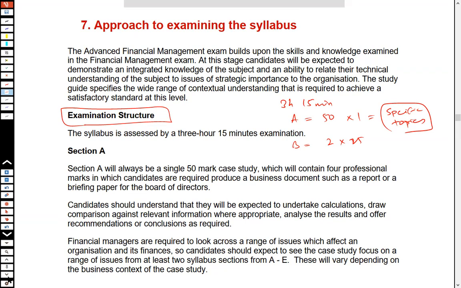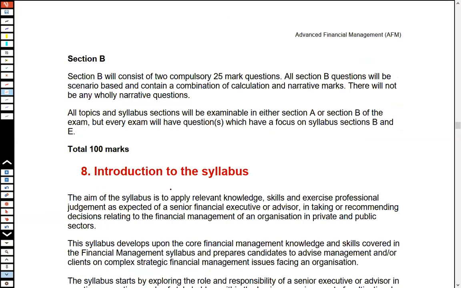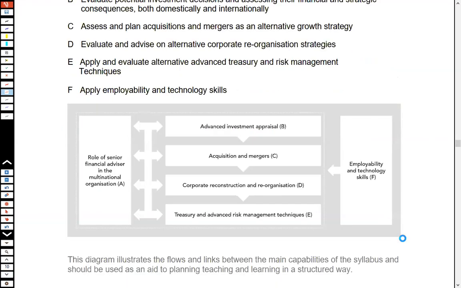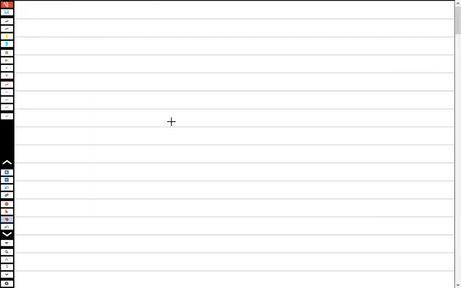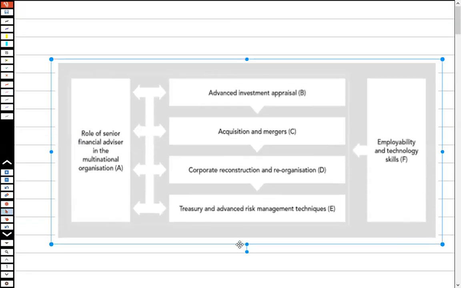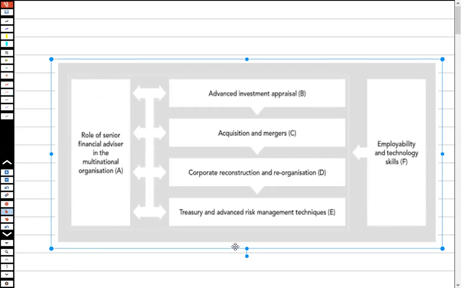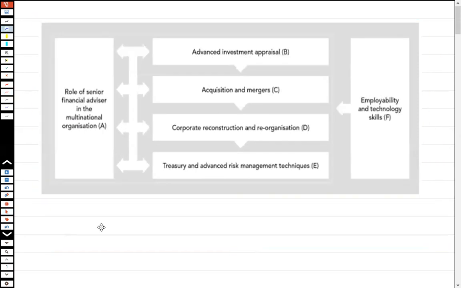Now, if I talk a bit about the syllabus of this AFM, a very important thing is to discuss what exactly the components of this syllabus are. So guys, if you are going to be referring to this specific syllabus, let me guide you on one thing. There's a strong relationship between the F9 or the FM paper and the AFM paper because it's an advanced version of financial management. And if I could just tell you the topics that we study at the FM level,